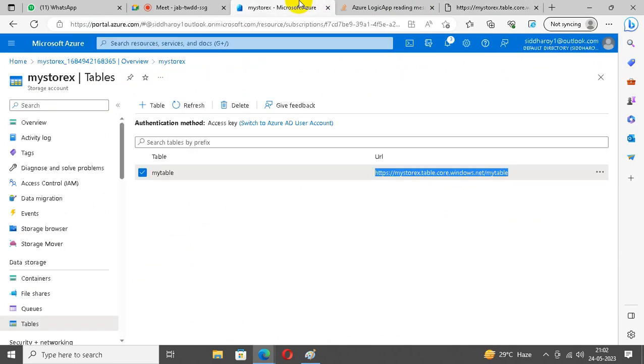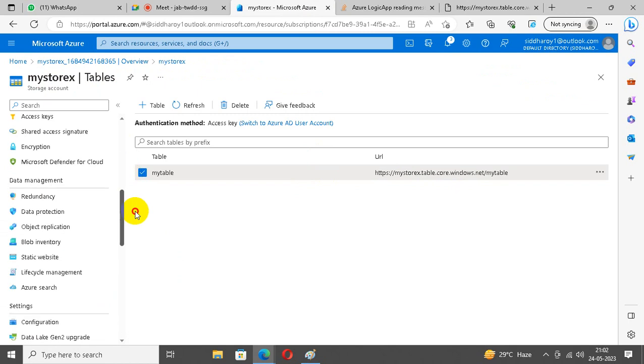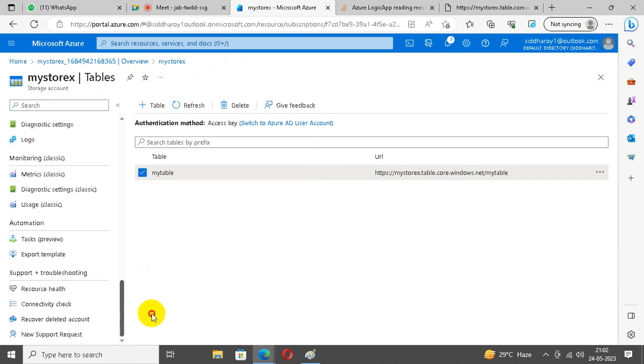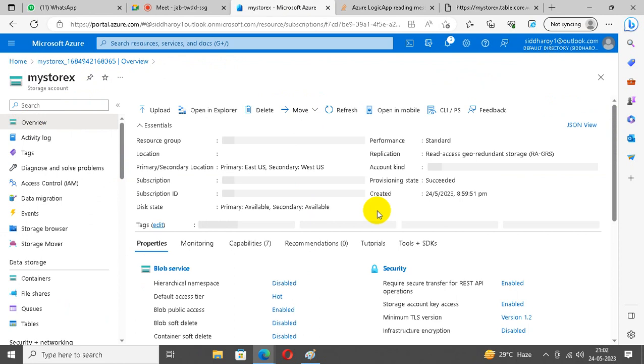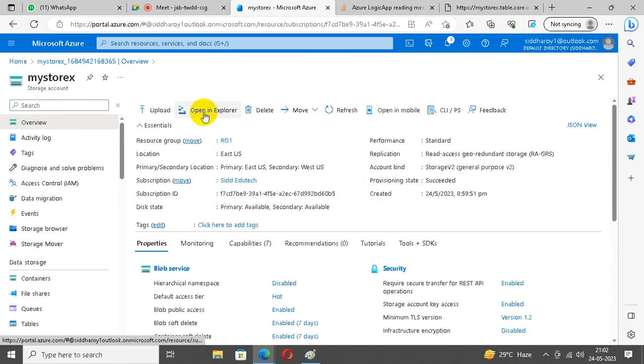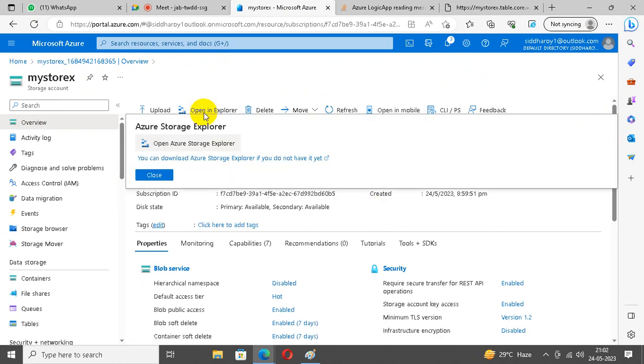It's an XML message. Now the question is, how can you access it? You have the option of Storage Explorer, which you can use in Azure as well as on premises. So there is the option open in Explorer, click on